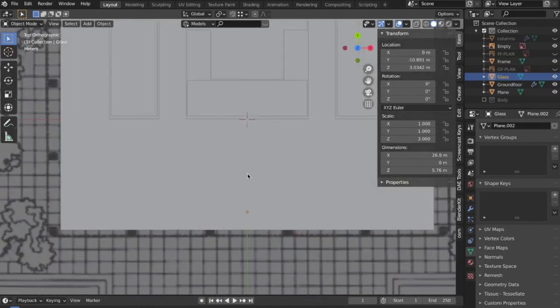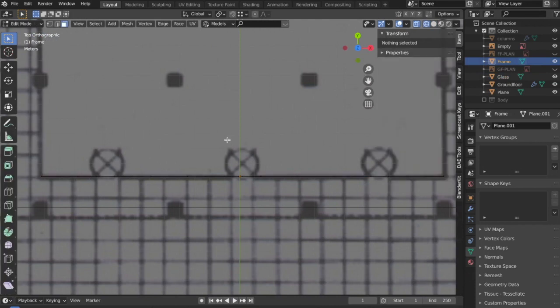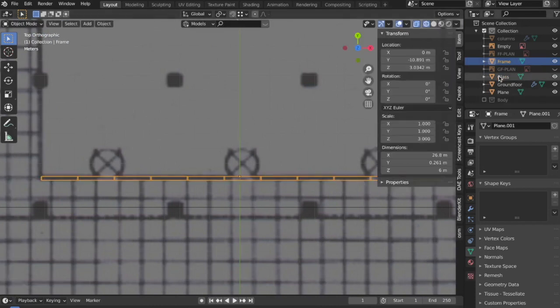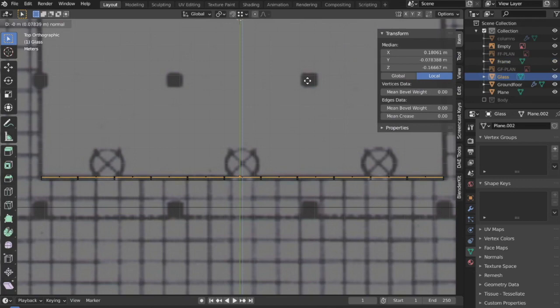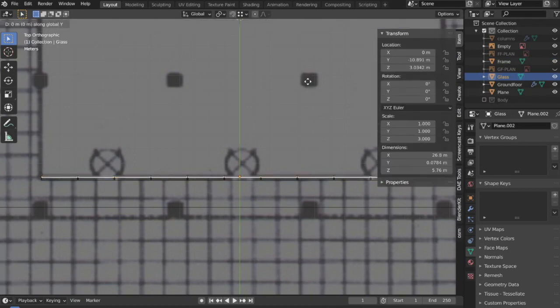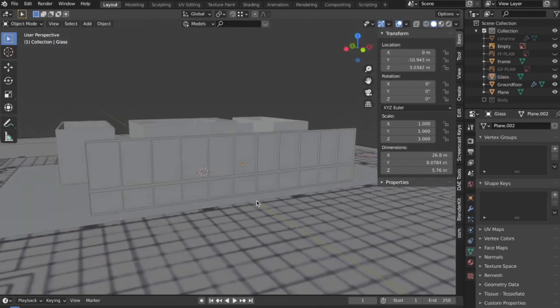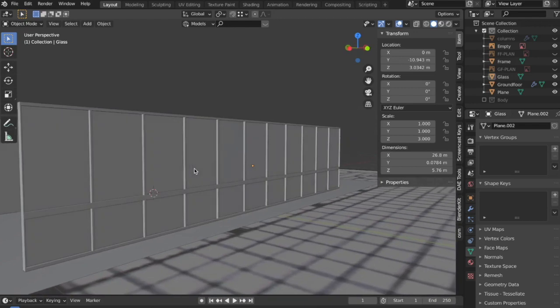Now in the top view, I'm going to give the frame some thickness by going into the edit mode and pressing E. Now I'm going to do the same with this glass thing. I'm going to go into the edit mode and then press E, but it's going to be much thinner than that. Basically anything which makes it look better will work for us.